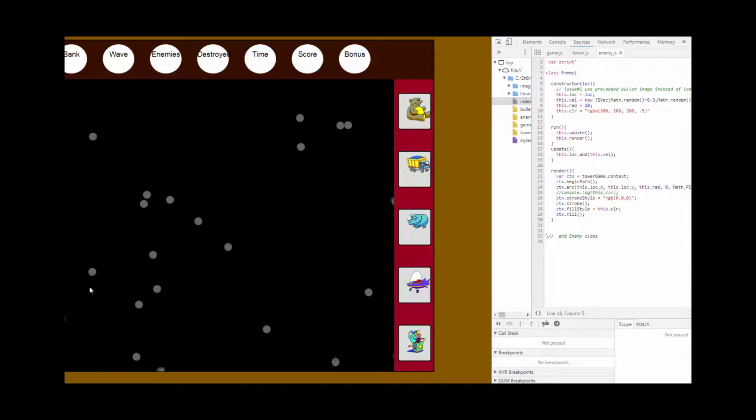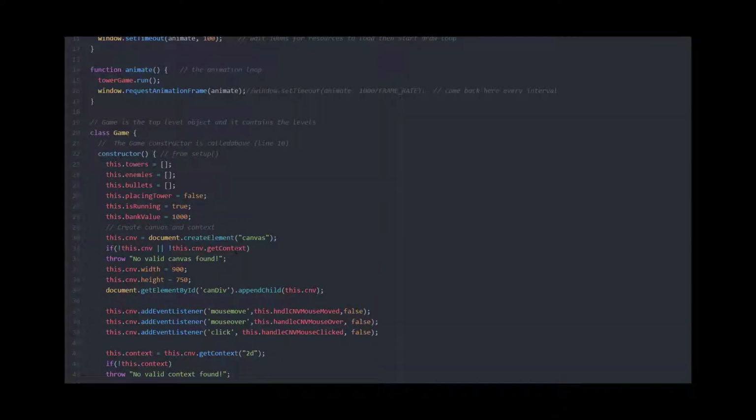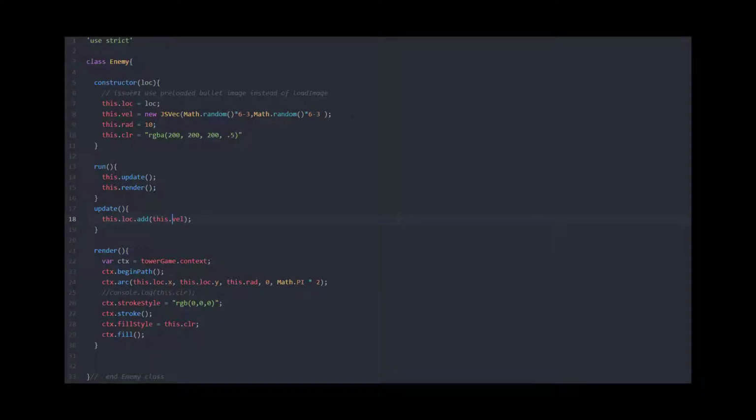All right. So now I'm going to add another vector, and this vector is going to be my velocity vector. I'm sorry, this is going to be my acceleration vector. And so the way that I do acceleration is I'm going to say this dot ACC is equal to, and I'm going to say new JSVec again. And now I'm going to add velocity to acceleration. So for velocity, I think I'll just give it a vertical velocity. So let's say